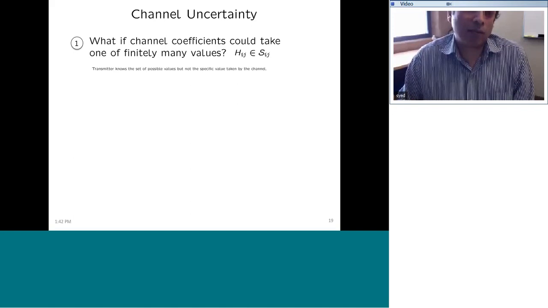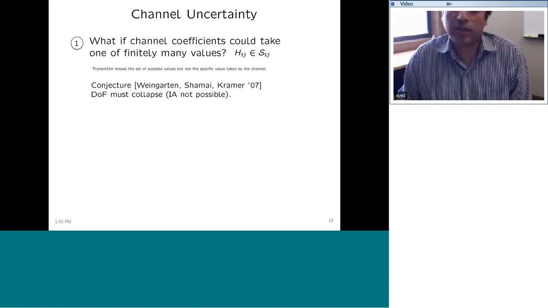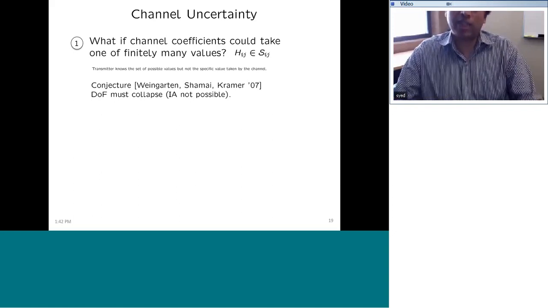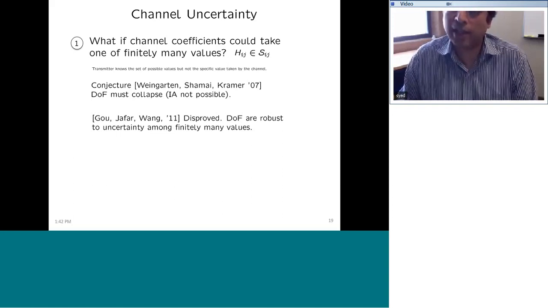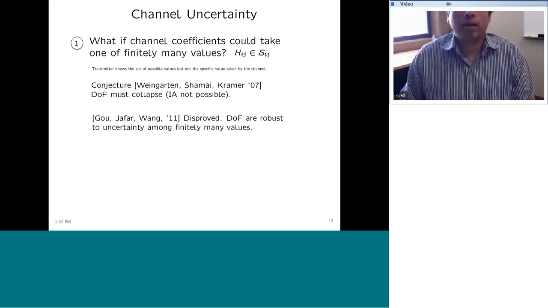And this setting was studied, and it was conjectured that in such a setting, the degrees of freedom must collapse. That is, interference alignment would not be possible if you keep increasing the size of this set from which the channel is drawn. And in fact, it turns out that that conjecture is wrong. The degrees of freedom are in fact robust to uncertainty among finitely many values. So you can choose an even larger set of values, but as long as it's finite, you will not lose